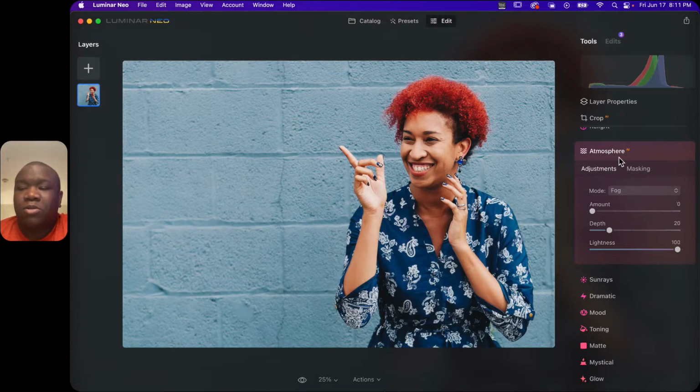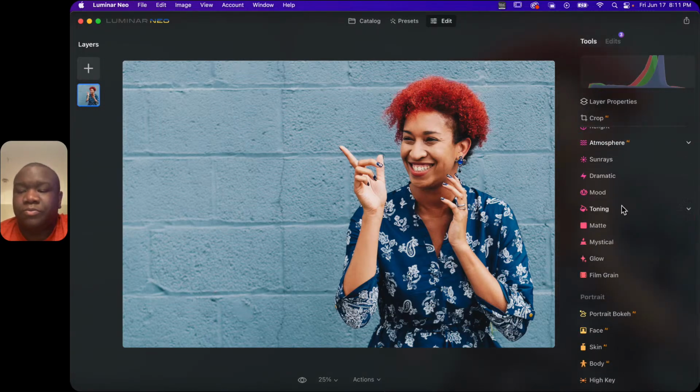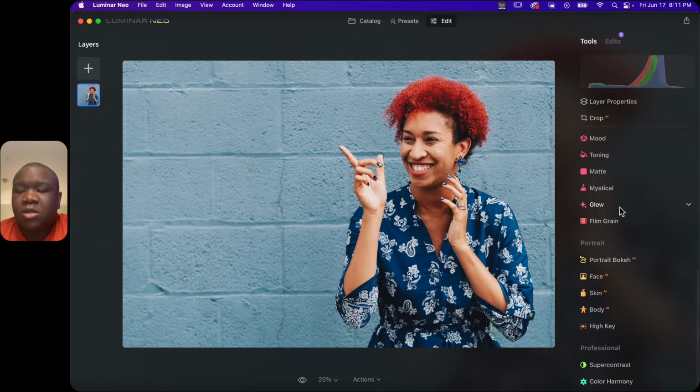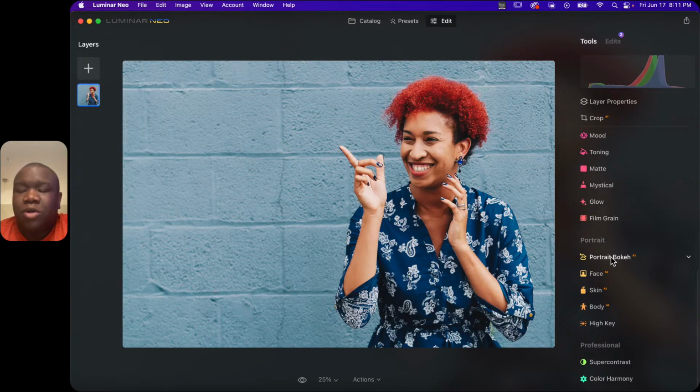Now, I don't want to have that on the image, so I'm just going to turn it off and close it. Now, the next thing is the Portrait Bokeh AI. Of course, we're going to go over that, so I'm not going to talk about it. Face AI, Skin AI, and the one that I think is probably the most, what's the word? Controversial, if that's the way to say that,